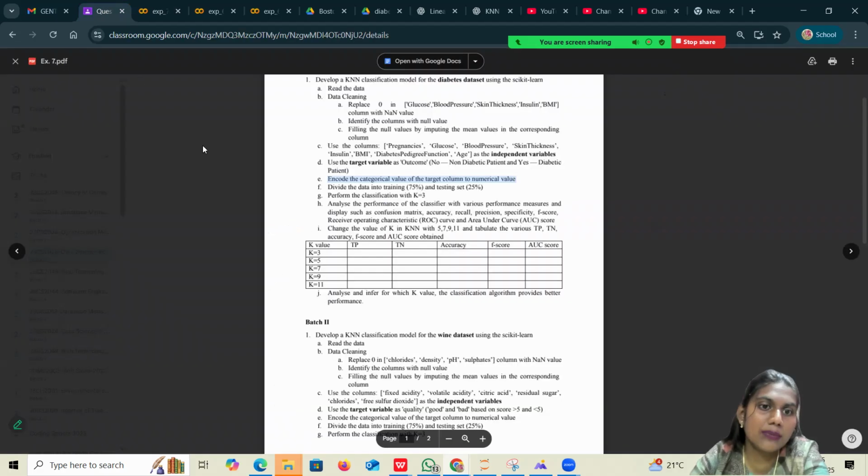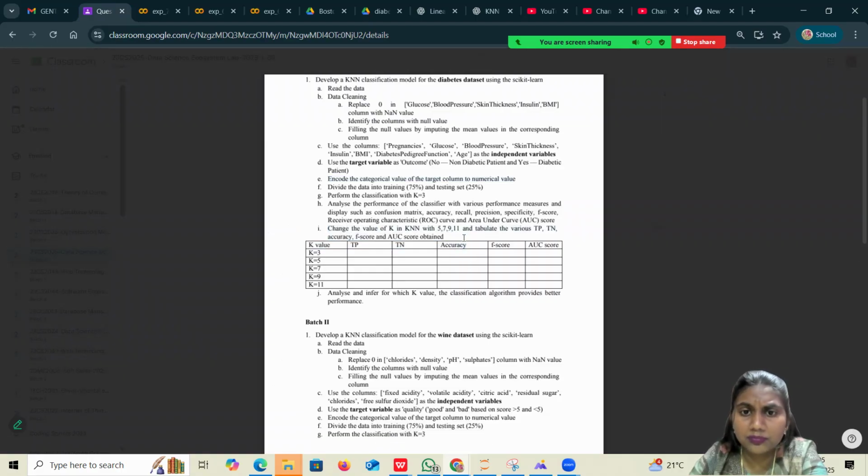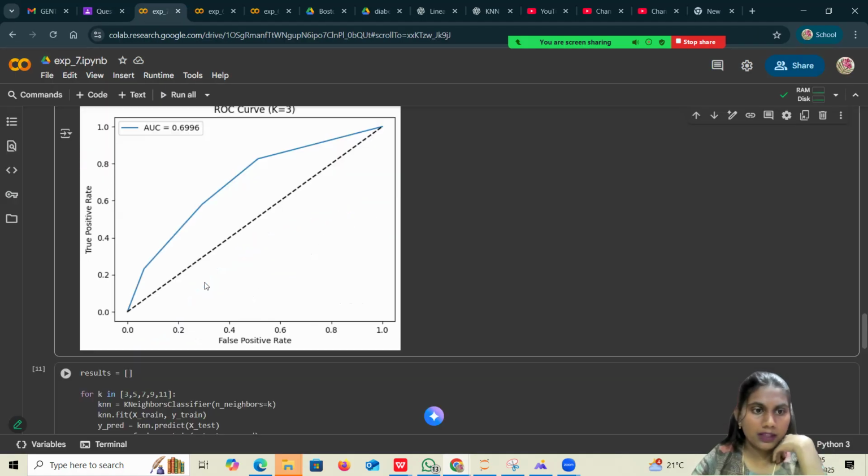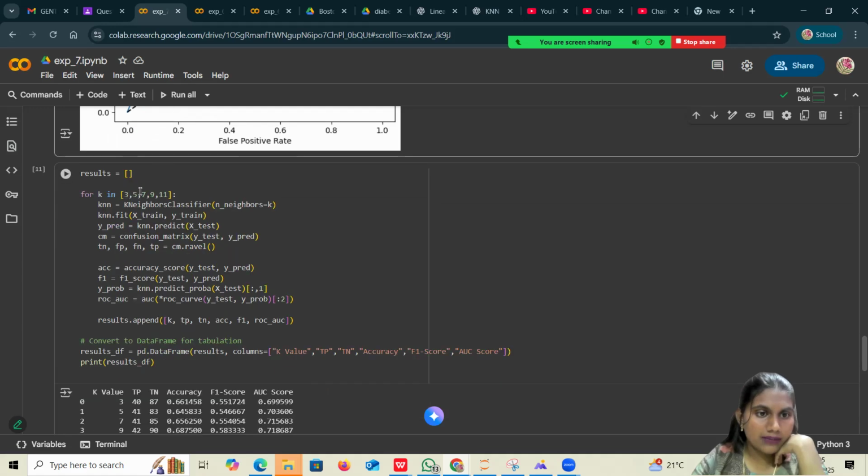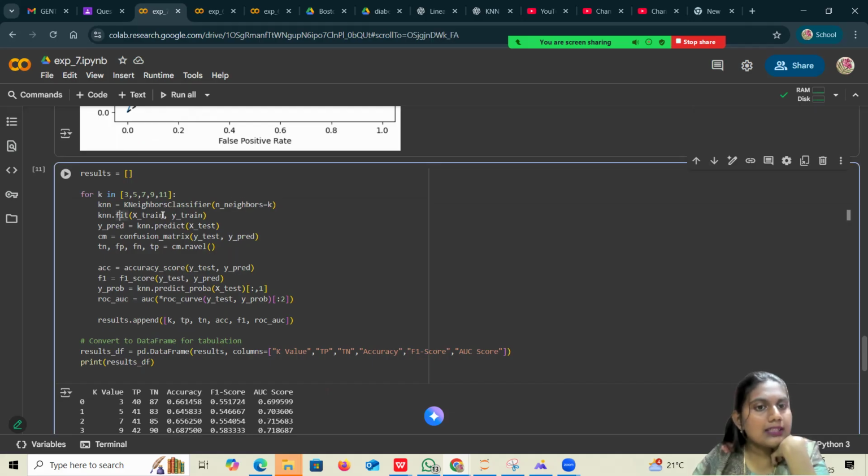The next thing we are going to do is change the k value to 5, 7, 9 and 11, and tabulate the various TP, TN, accuracy, F score, and AUC score obtained. For that, I'm just giving the k values and the KNeighborsClassifier, and we are going to fit the X train and Y train. We are going to predict with the KNN model,